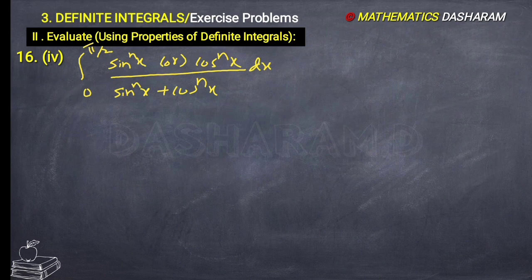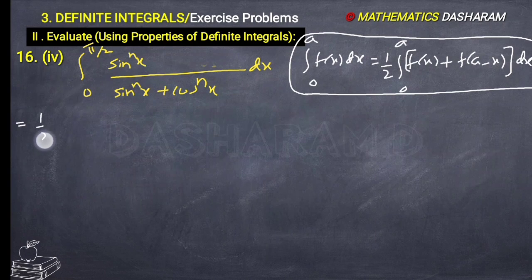So next, fourth question: integral 0 to pi by 2 of sin to the power of n x or cos to the power of n x divided by sin to the power of n x plus cos to the power of n x. So here he gave r. First I am going to take sin to the power of n x as the numerator and let's find out the answer. Here the suitable property is integration 0 to a of f of x dx equals to